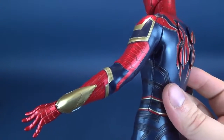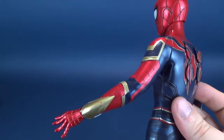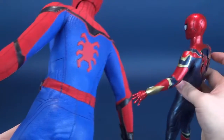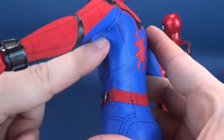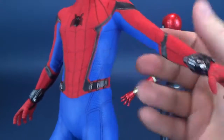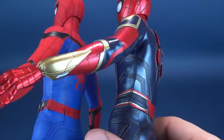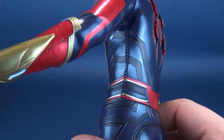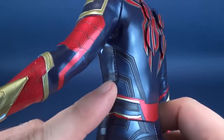I mean, if we look at, I'm just going to reach off, not expecting you to go back to this guy anytime soon, but if we look at the Spider-Man Homecoming figure, it sort of had the same seams. They're right there. They're a little easier to hide because of the type of fabric that you're using. When you're using something like a faux leather, a vinyl, or a rubber, for example, things like seam lines,